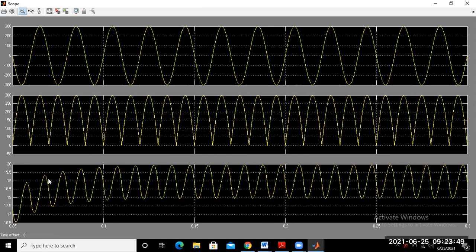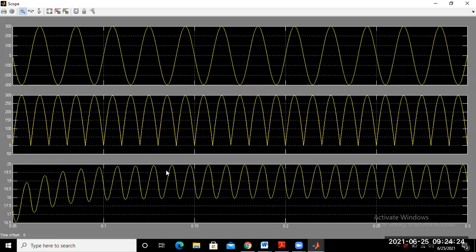If you take a large value of inductance, this one is for 200 inductance value. Here the resistance value is 10 and the inductance value is 200.